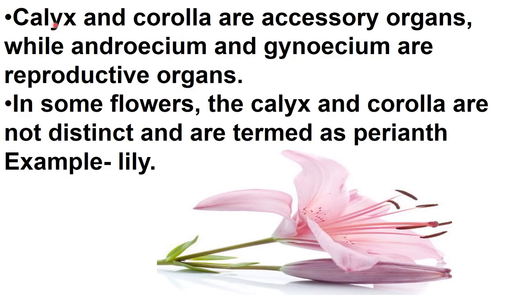Calyx, outermost, the sepals, and corolla, inner to that, means petals. So sepals and petals, or you can say calyx and corolla, are accessory organs because they are not actually helping in the reproduction, and we are saying that flower is the reproductive part. But this calyx and corolla are not playing any role in reproduction. That's why these are called accessory organs, because they are only for the protection purpose, or, you can say, for the pollination. These are only helping the actual